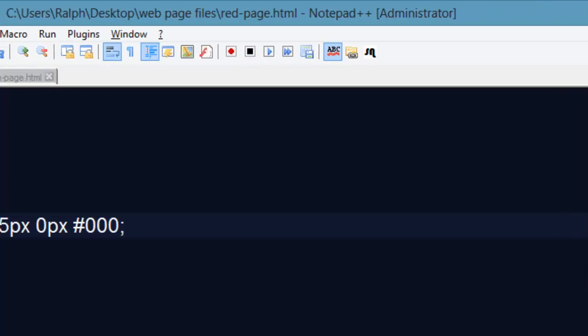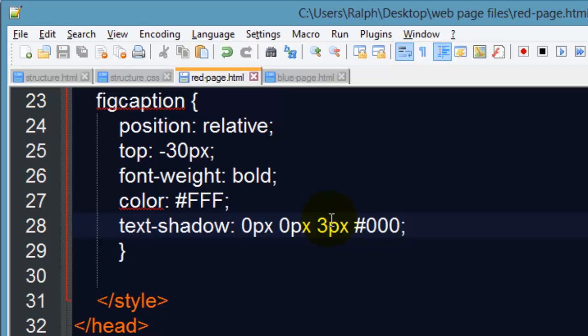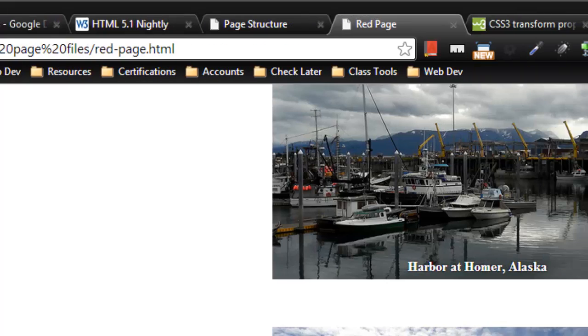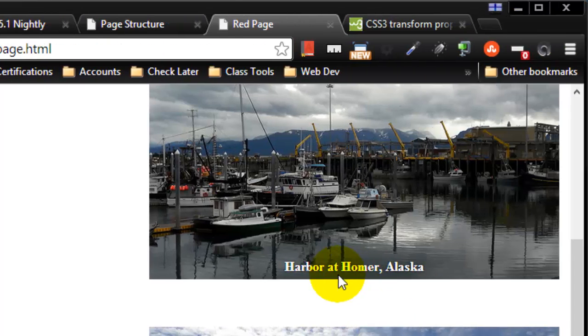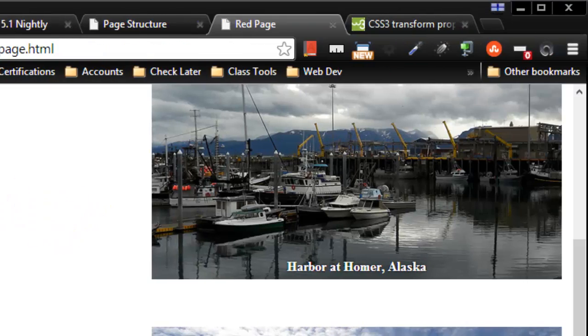However, what I'm going to do with this text shadow is I'll do a 0px offset and a 0px offset. This means the shadow is going to be directly behind the text, and I'll add a little bit of blurriness to it, about 3 pixels, keep it black, and there we go. It doesn't seem like much now. In fact, I can enhance that blurriness up about 6 pixels. May not seem like much, but now even if the text was on a white area, it would really start